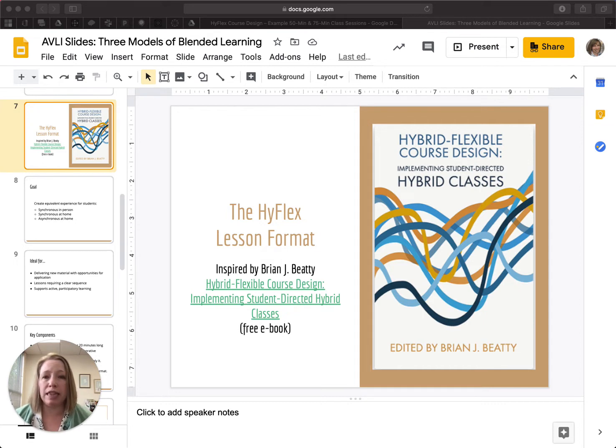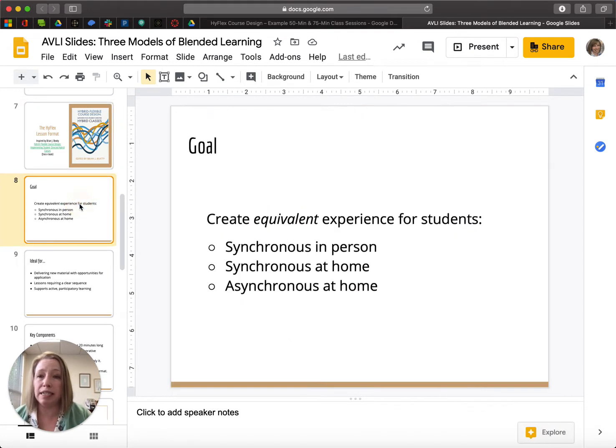So why would we look at this lesson format? Well, let's think about the goal and what it's ideal for, and then some key components. First of all, the goal of a HyFlex lesson design is to create an equivalent experience for students who are either synchronous in person, synchronous at home, or asynchronous at home. And as you might imagine, in today's world of potentially being in a hybrid or online format, at the K through 12 level, this could be quite useful as a way to think through what that process looks like